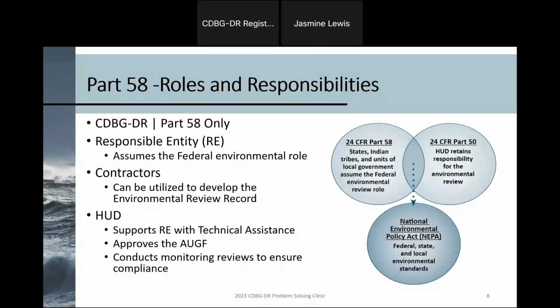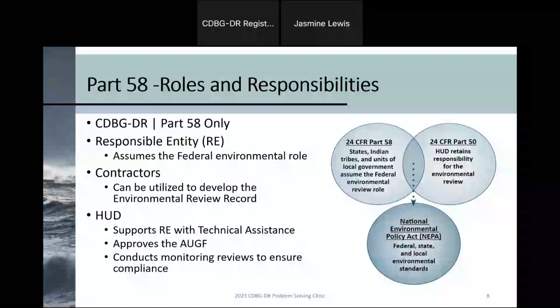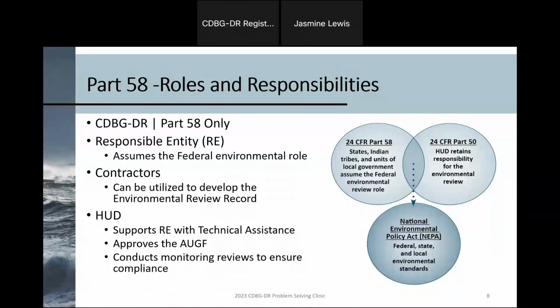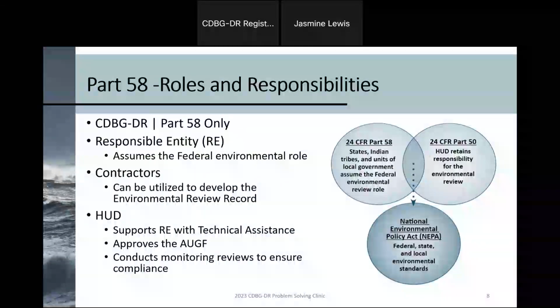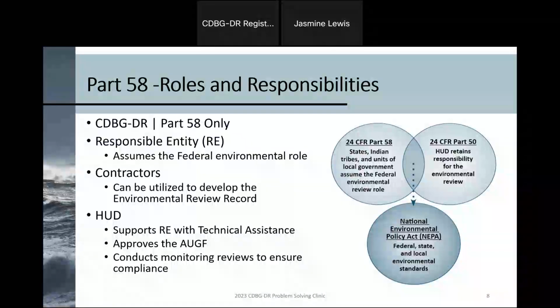All right, so let's talk a little bit about the different roles and responsibilities under the Part 58 process. I'd like to first take this back to NEPA. The National Environmental Policy Act dictates that all federal agencies must evaluate the environmental impact of federally assisted projects. So in response to this, HUD created the Part 50 and 58 regulations for how they would comply with this requirement. Part 50 is when HUD retains the responsibility for the environmental review, but Part 58 passes this HUD authority